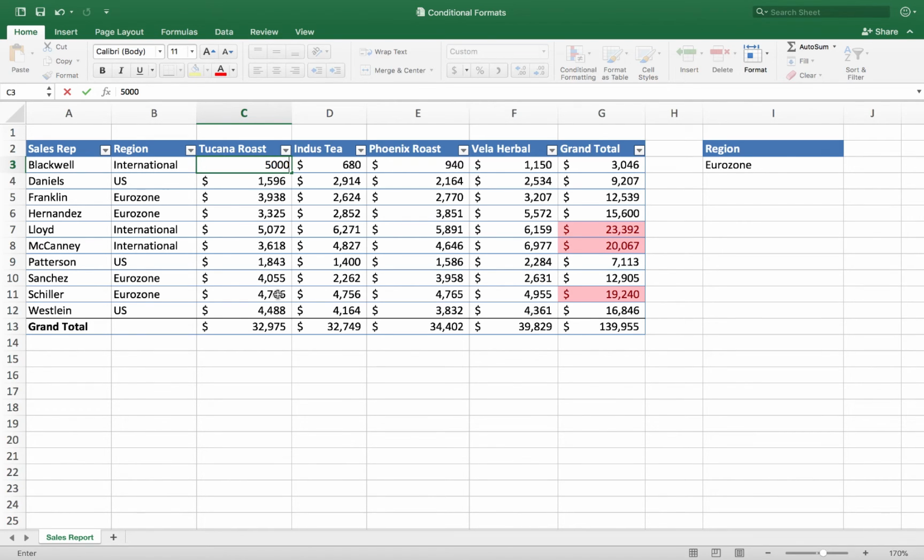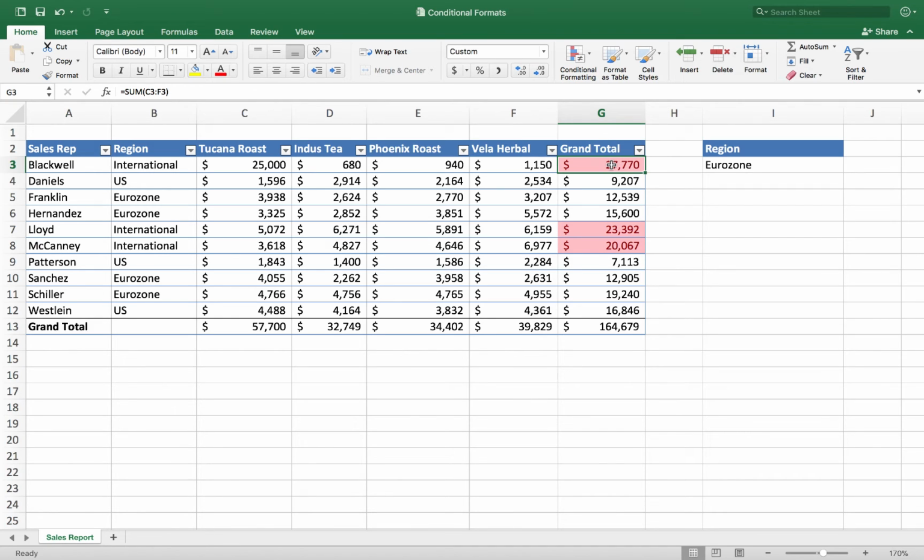As soon as I type that in, it's actually not enough to get him over the top here. Let me type in like a big number here. I'll type in like 25,000. Okay, so as soon as I type that in, that changes the total over here, and that changes the conditional formatting. So as you change the input values, you can see those numbers change dynamically. So that's kind of cool. So lots of other ways to interpret the data.